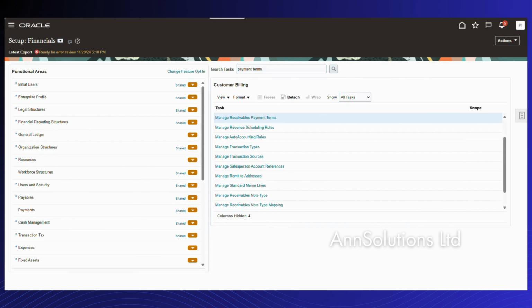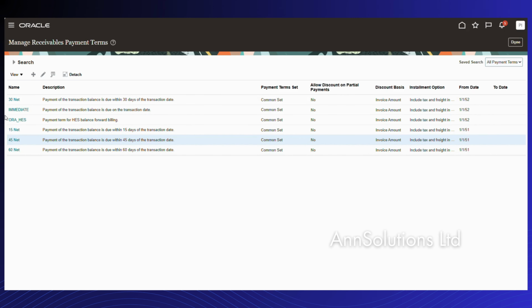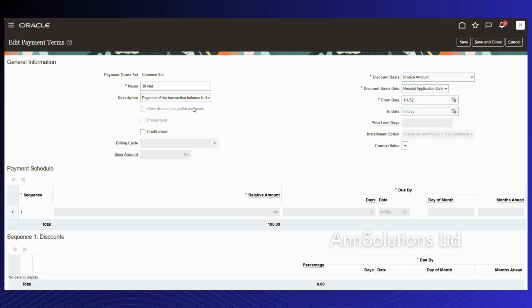So let's check. You have to navigate to setup and maintenance. Again, in the receivables section, you'll find receivables payment terms. I'll quickly search the ones which are provided by Oracle. So 30 net, immediate. Payment terms can also be associated to the reference data set, and hence Oracle has assigned them to the common set. That means